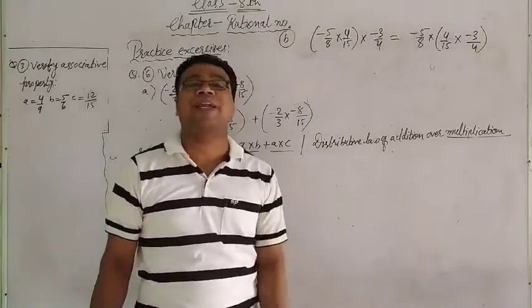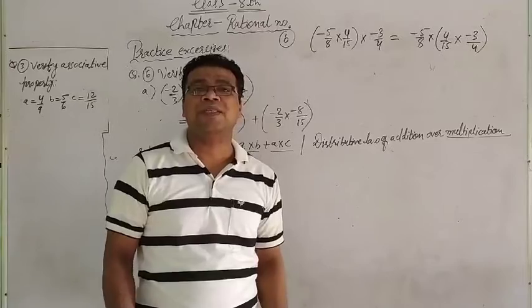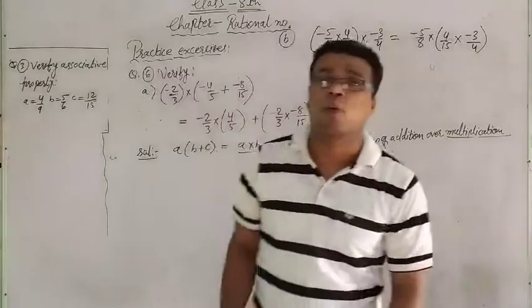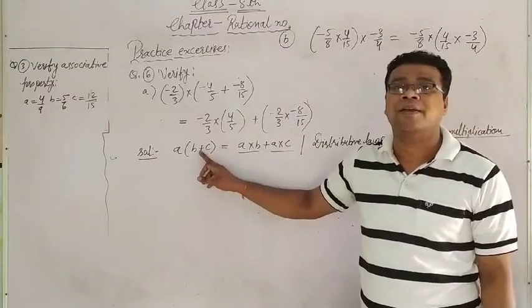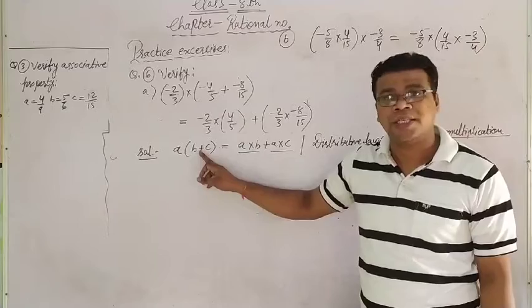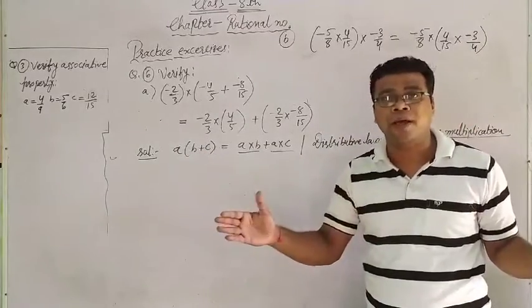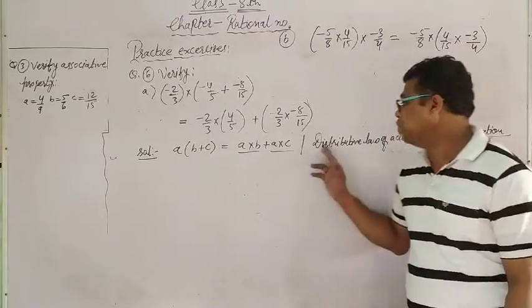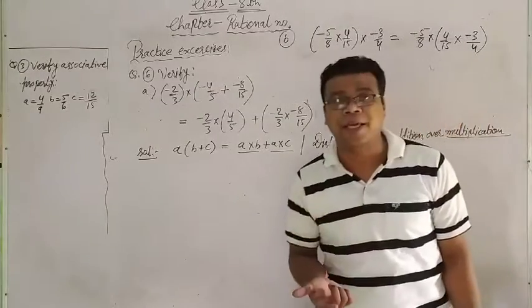Distributive law of addition over multiplication. Distributive means बांटना, divide करना. Law of addition. Why is it said law of addition? क्योंकि यहाँ पे प्लस का साइन है. Distribute हो रहा है ये चीज. Yes, A into B and A into C. Distribute हो गया. Law of addition because plus sign is there. Distributive law of addition over multiplication. Okay, multiply करके.